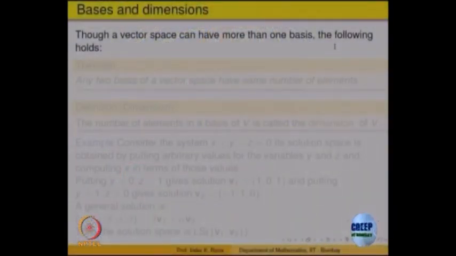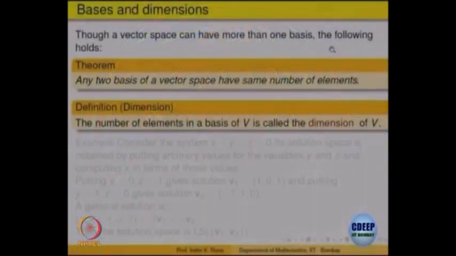However, a theorem in our subject says that any two bases of the vector space will have the same number of elements. The number of elements in two different bases has to be the same, it cannot be otherwise, right. In R2 we had B1 and B2, both had two vectors, right. One of them alone will not be able to generate. You want to see why?